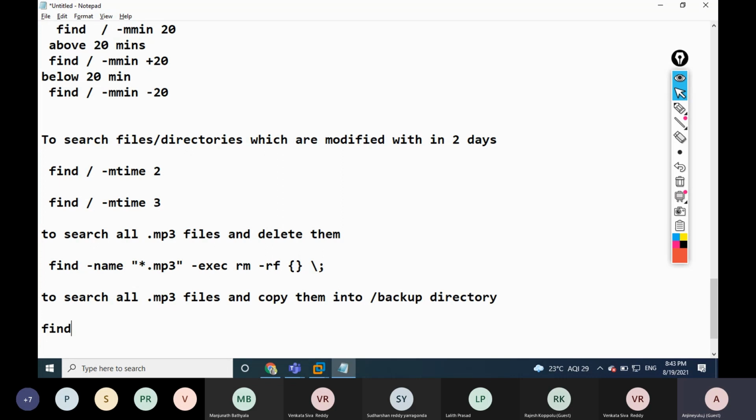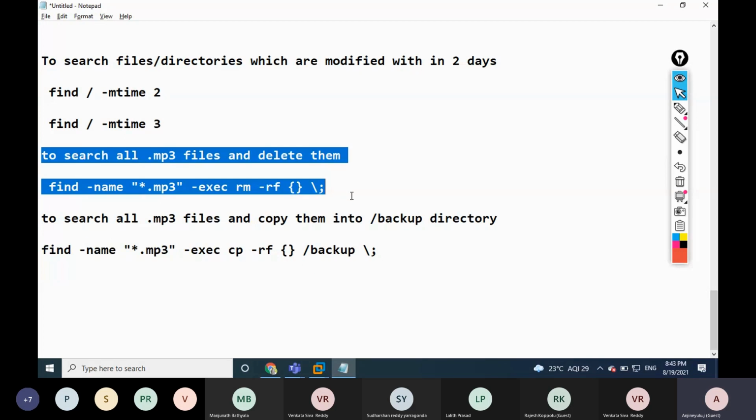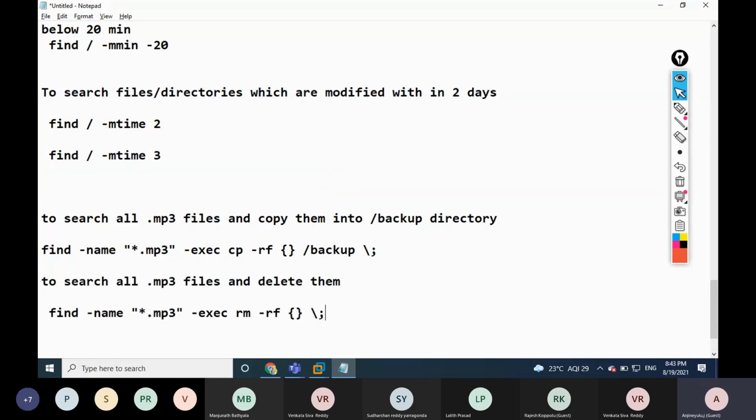Okay. So find hyphen name, then star dot mp3. Then we can execute this command. We can give copy with hyphen recursive and force. Okay. Then open bracket, close bracket, then /backup, then backslash semicolon. Then we can give this command if you want it.